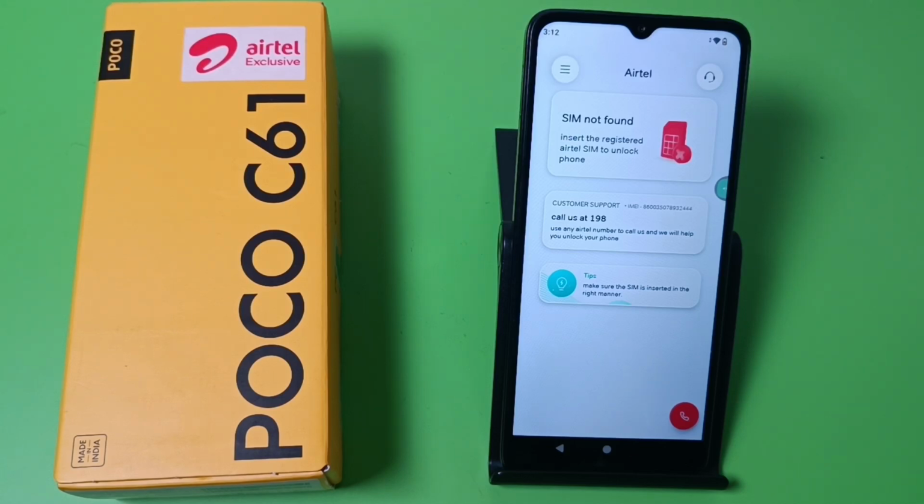In this video I'm going to tell you how you can fix this SIM not found problem in your